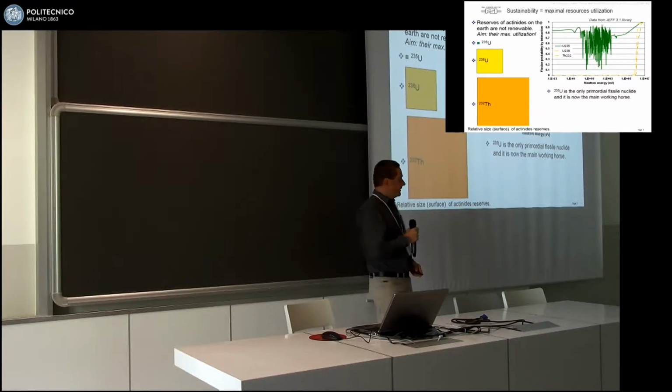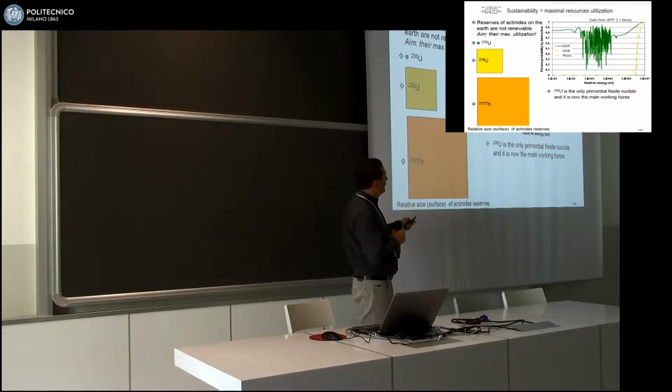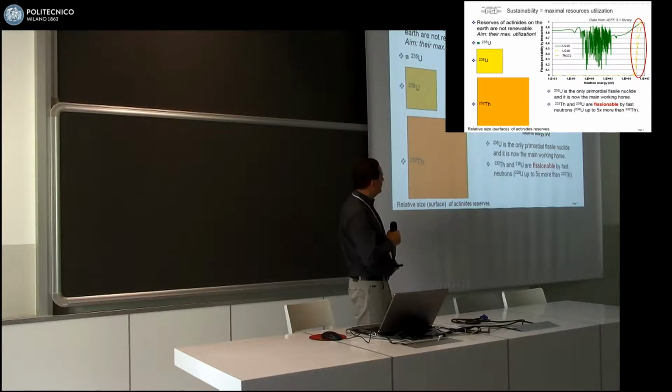So this is the first kind of scientific chart. You saw many of them already today and yesterday. This is the energy of the neutron in electron volts, and this is the probability to cause fission. So only in the uranium-235 case can you cause fission even with thermal neutrons, low energy neutrons. For thorium and uranium-238, you need a high energy of neutrons, but let's call them fissionable because you can still